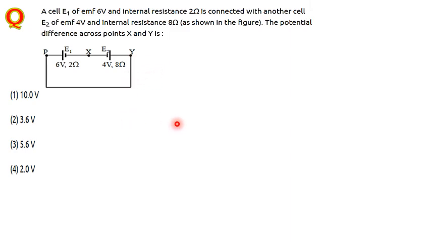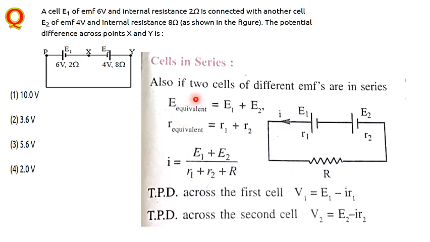I will give you some theory related to this one. You just go through it. If two cells of EMF are in series, see battery E1 is in this direction, plus negative, but it has been reversed. But if it is the same direction, plus minus, not reversed, then the total potential is V1 plus V2. Similar to this, both are connected in series. Similar concept here also with resistance R1 and R2. Resistance and potential both act the same in series and parallel connection because V is proportional to R